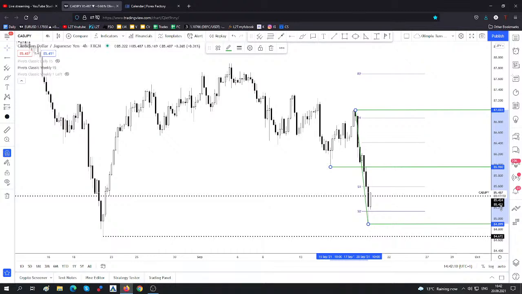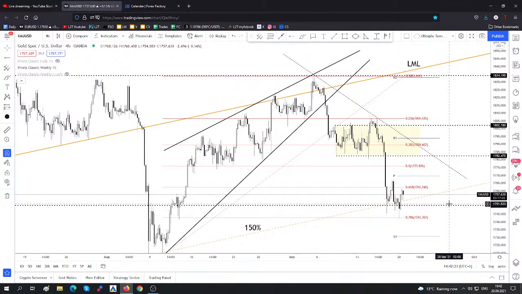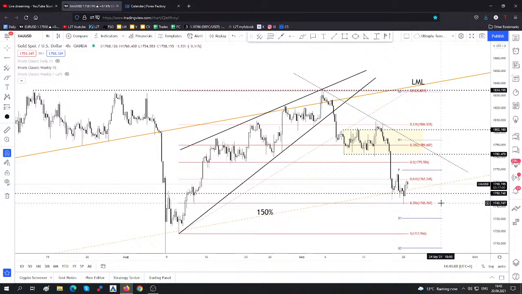Gold, guys, because earlier today I didn't talk about gold. Please take a look here. So only a false breakout above the lower medium line of a major ascending pitchfork, drop towards the 150% Fibonacci line, false breakdown, temporary growth here, and the price, the yellow metal, has decreased and it has registered only a false breakdown with great separation below the 78.6 retracement level, and right now it has jumped above the 150% Fibonacci line, above 1750.74, and personally I wait for something here like a test, retest, consolidation before maybe jumping higher,